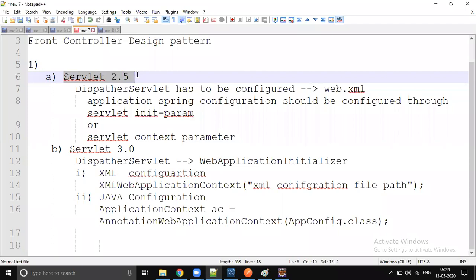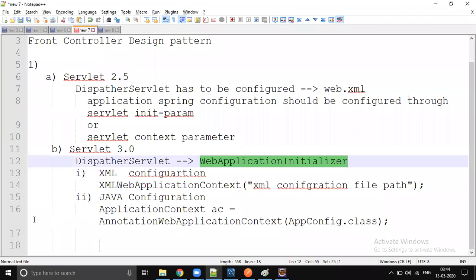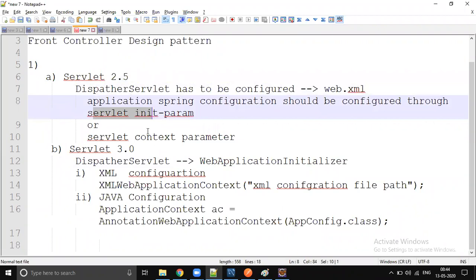If it is Servlet 2.5, it is a web.xml file configuration. If it is Servlet 3.0, then it is a Java configuration. After that, you have to pass your Spring configuration. If it is Servlet 2.5, then we configure it through XML, so you can pass that XML configuration as init param or context param.